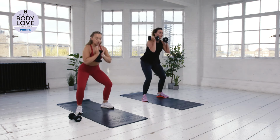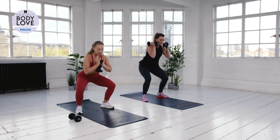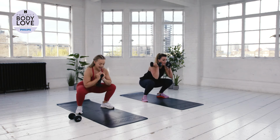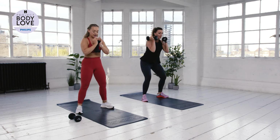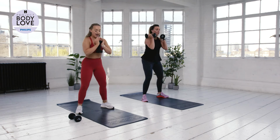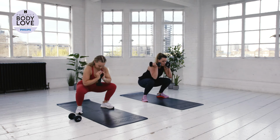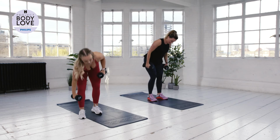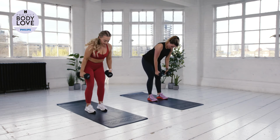and 6. Make sure you're really driving through the feet here, squeezing the glutes under at the top. 7, 3 to go. 8, nice. 9, and last one here. 10, good work. So grabbing the other dumbbell, we go straight into our bent over row, feet underneath the hips,